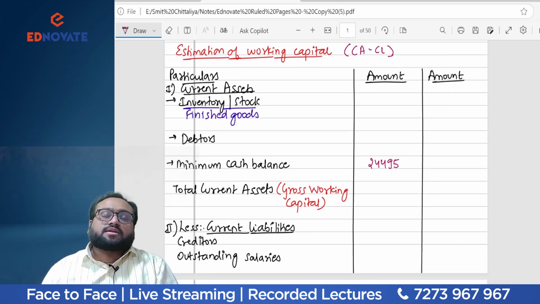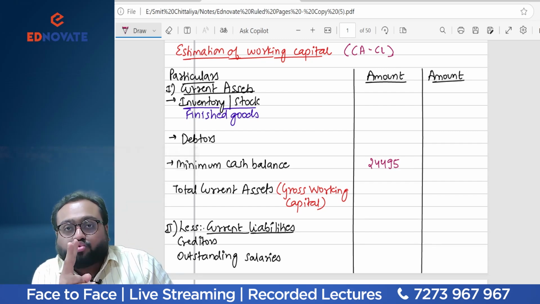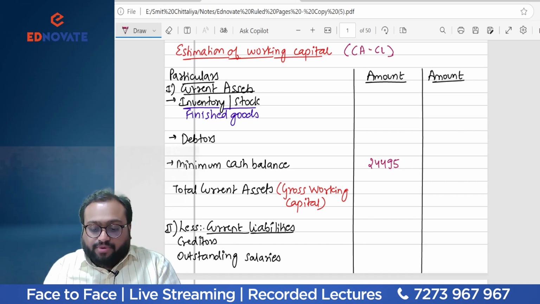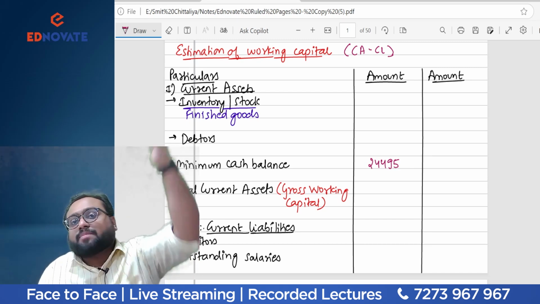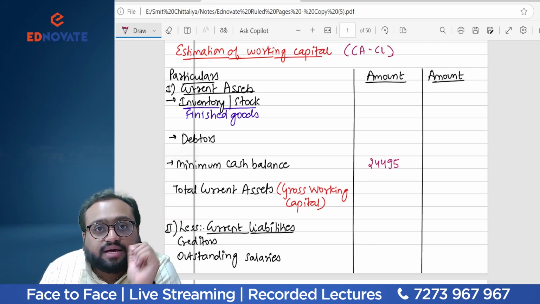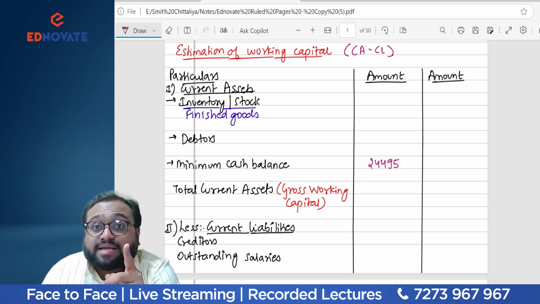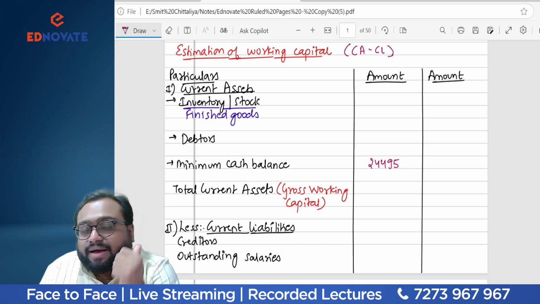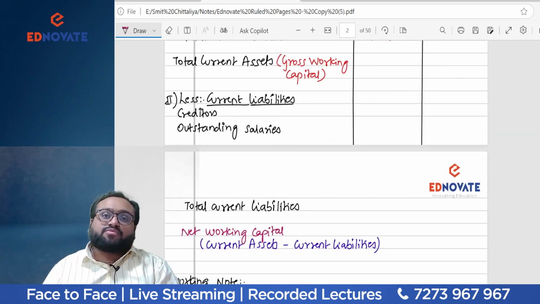Okay, what comes in current liabilities? I understand in working capital, in current liabilities, I get 2 items normally. One is creditors for purchases. Yes, of course, we have purchased the stock. Am I right? This FMCG company is not a producer. That means they are purchasing from someone. And we read in the question, the creditor is giving us 30 days credit. So there will be creditors, and of course there are outstanding salaries. Remember, we pay after 30 days, in the next month. So that outstanding salary will be my current liability. And when I do current assets minus current liabilities, I'll get my net working capital.